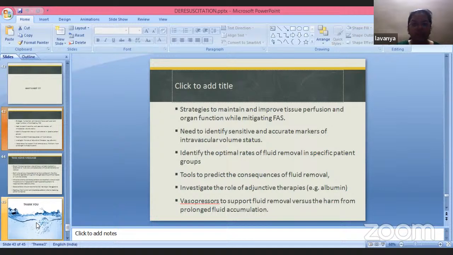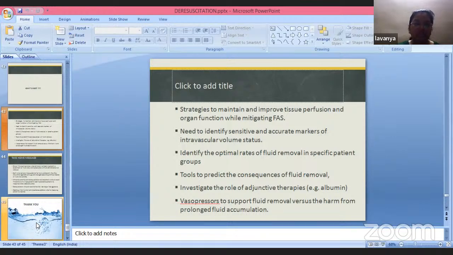So we need more clarity in this aspect. We need more targets, more clinically available tools to assess the accurate markers of intravascular volume status, and also tools to predict the consequences of fluid removal, and what the optimal rates of fluid removal are, and whether we can give adjunctive therapies like albumin, and whether a vasopressor is to be started to support the fluid removal or not. So more clarity should be given in these aspects